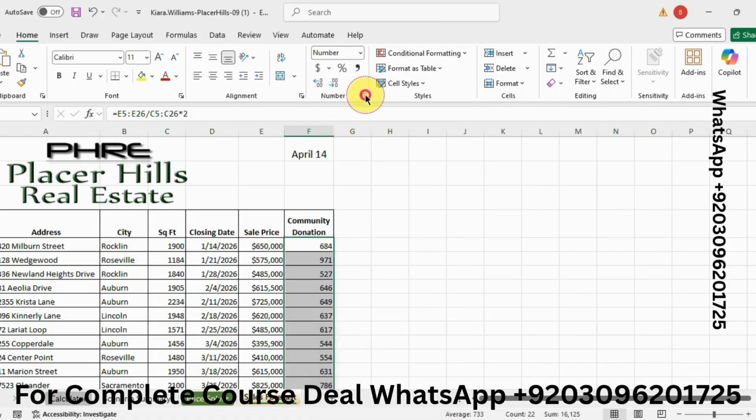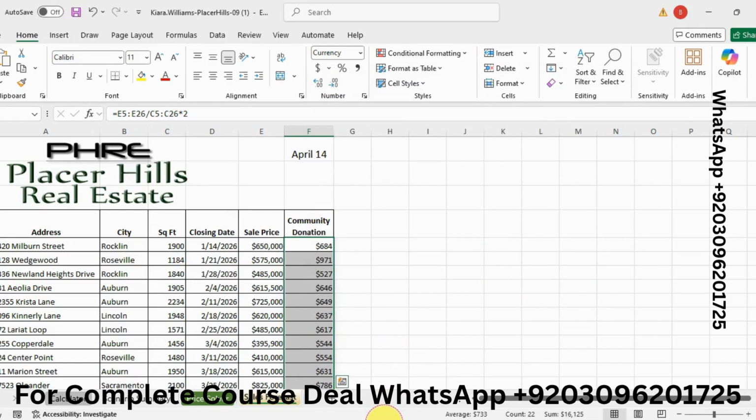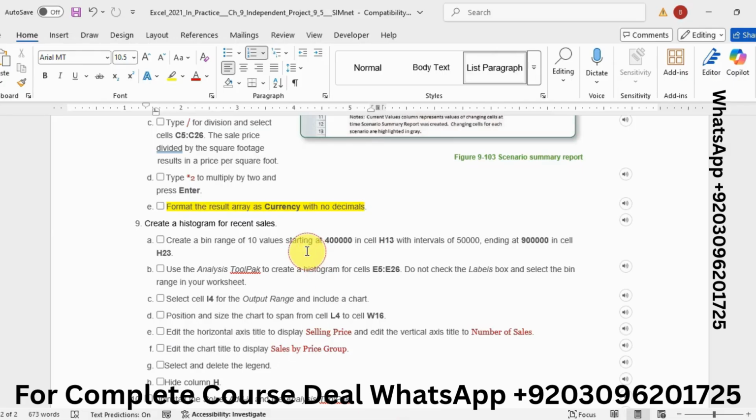I think so. I select currency. No, sorry, currency, and then 0 decimal places, and then click on OK. So now it's OK. I have completed 8 steps successfully.